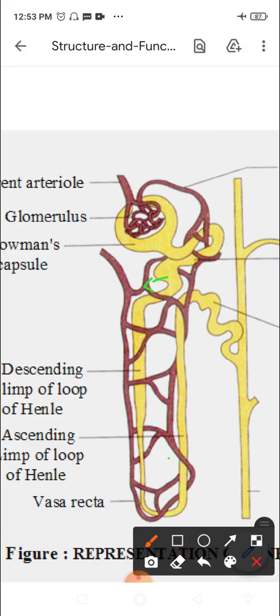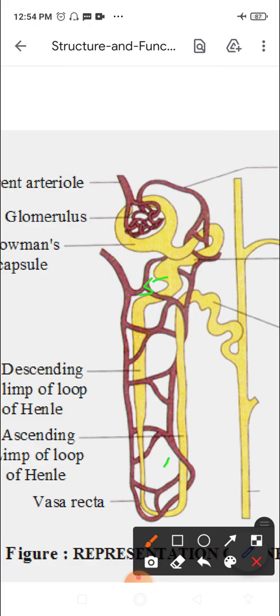So, glucose, amino acids, vitamins, hormones, sodium, potassium, chlorides, phosphates, bicarbonates, and much of the water and some urea from the filtrate are absorbed by the blood in the peritubular network of capillaries or the vasa recta, right. What is not reabsorbed, what still remains in the filtrate, are sulfates and creatinine, right. They are not reabsorbed.